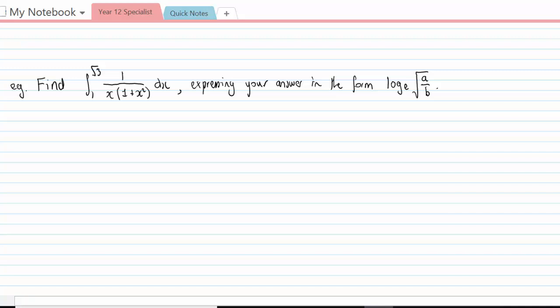Find the integral between 1 and root 3 of 1 on x times (1 plus x squared) dx, expressing your answer in the form log e of root a on b. Okay, so first things first, I'm going to break that into partial fractions. So I'm going to say 1 over x times (1 plus x squared)